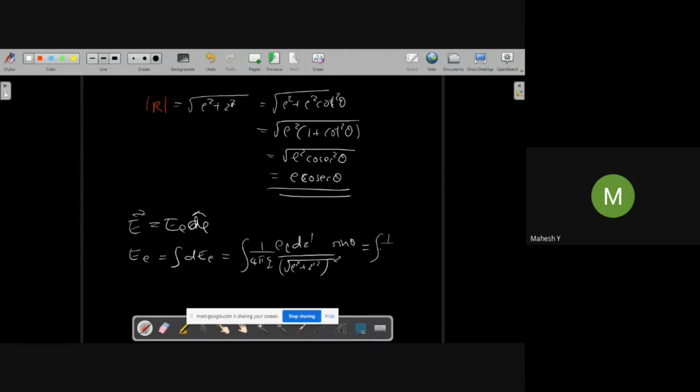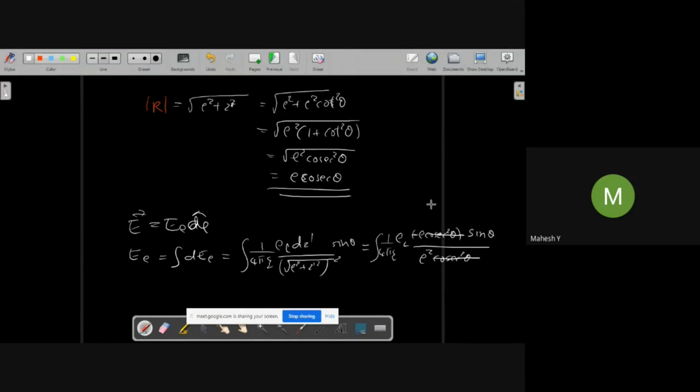Integral 1 by 4 pi epsilon 0. Substitute all those things, rho L. What is dz prime? There is minus rho cosec square theta, right? Sin theta divided by rho square plus z square. We found that it is rho cosec theta, and its square means rho square cosec square theta. So we can cancel cosec square and cosec square,